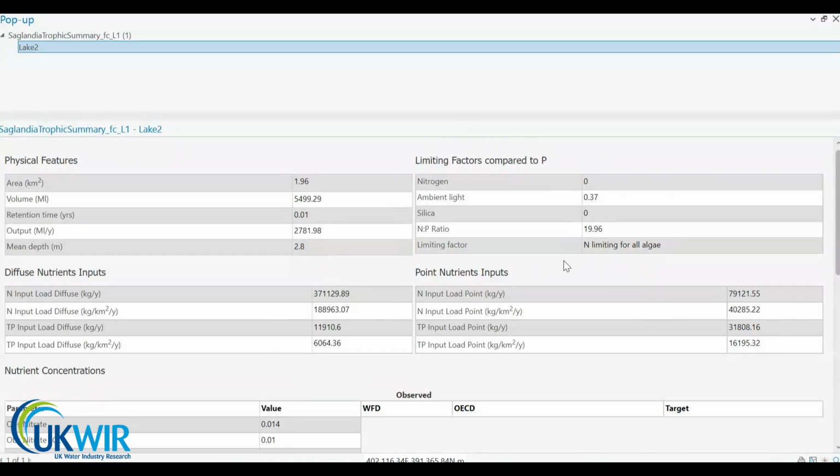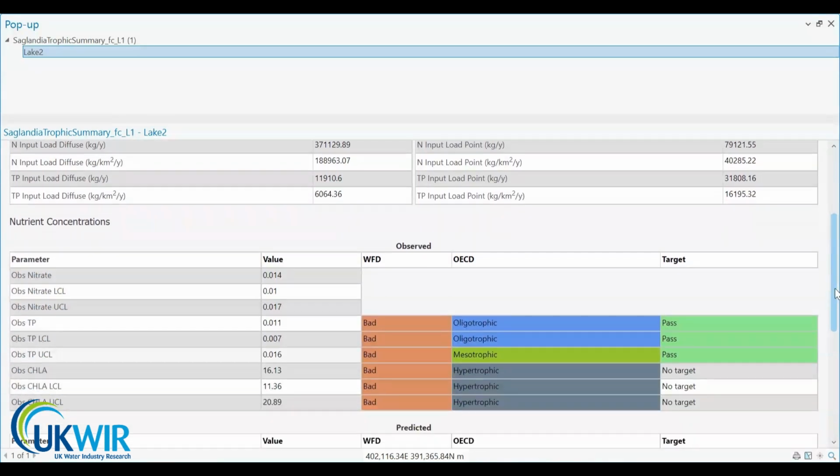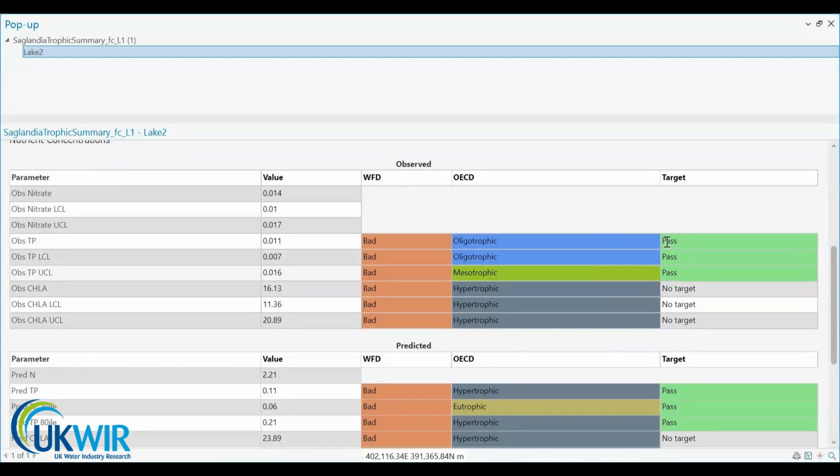And this section determines, based on the nutrient inputs, the retention time, and the depth of the lake, which element is likely to be limiting for algae. In this case, it identifies N as the limiting chemical. If now we look to the bottom part of the form, this shows observed concentrations of nitrate, total phosphorus, and chlorophyll, and their confidence limits. The information on chlorophyll is in the data tables within the regional database. And then below this,